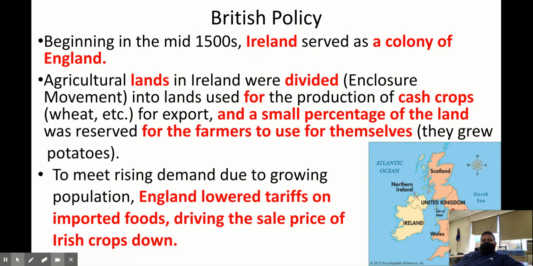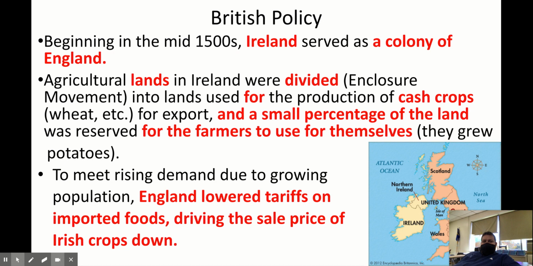growing very fast. So, what England used to do is they used to have very high tariffs on imported food. This way, the Irish food would, the price would remain high, and they can kind of survive. Now, with the demand growing, what England decides to do is lower those tariffs on imported food. And what this does is this makes all of the food cheaper because everyone has to be in competition with